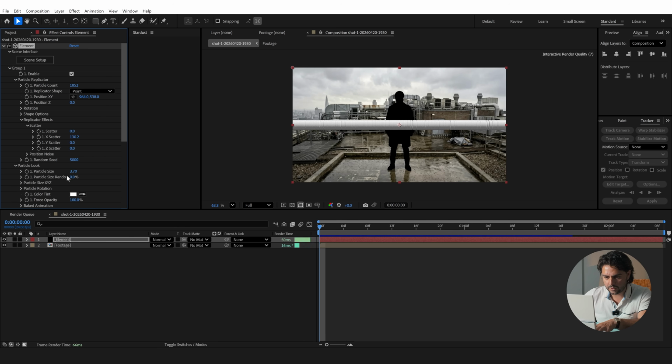Make them smaller if you want to, and then increase the particle random to 100%, and lower the particles if you want to. Or keep them